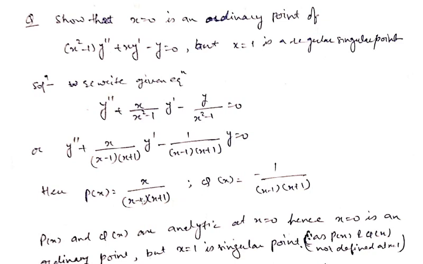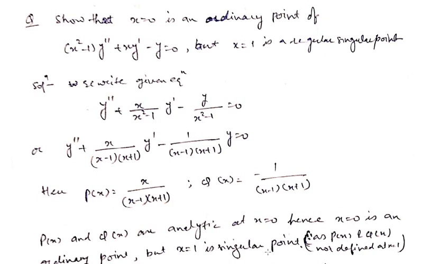It means at x equals 0, p(x) and q(x) both are analytic, and when x equals 1, it will give an infinite value. This also gives infinity. It means p and q are not analytic at x equals 1. So x equals 1 is what? A singular point,